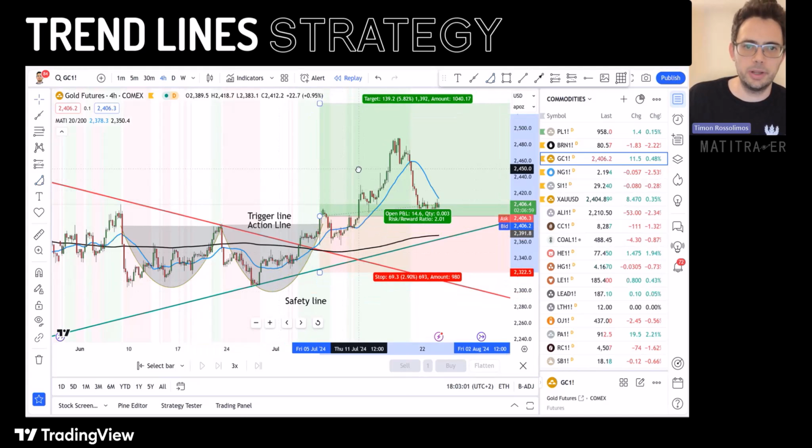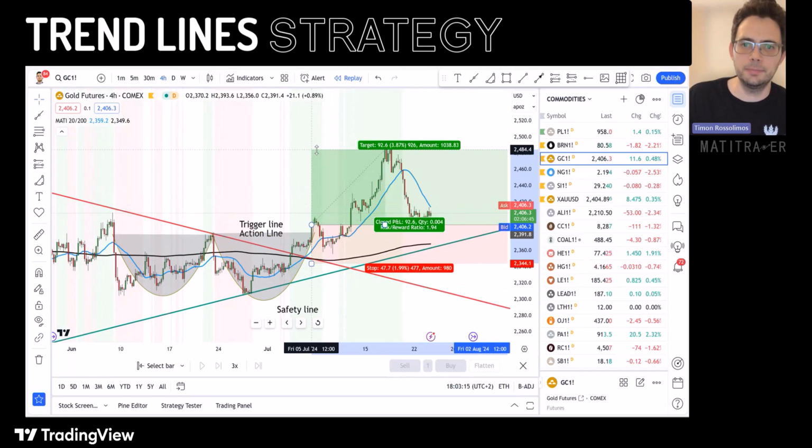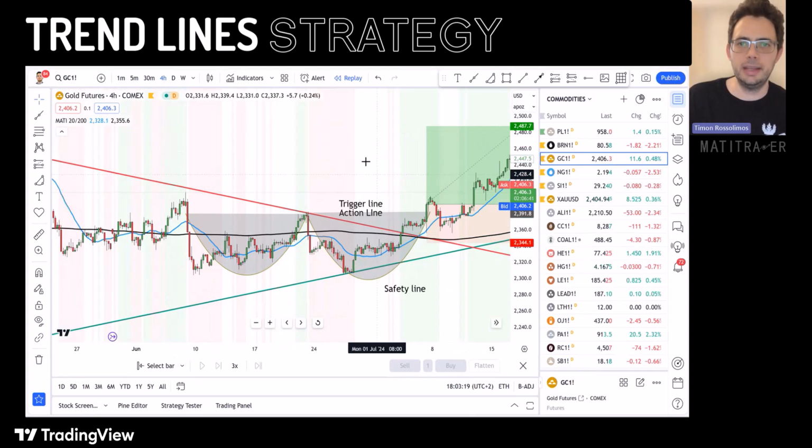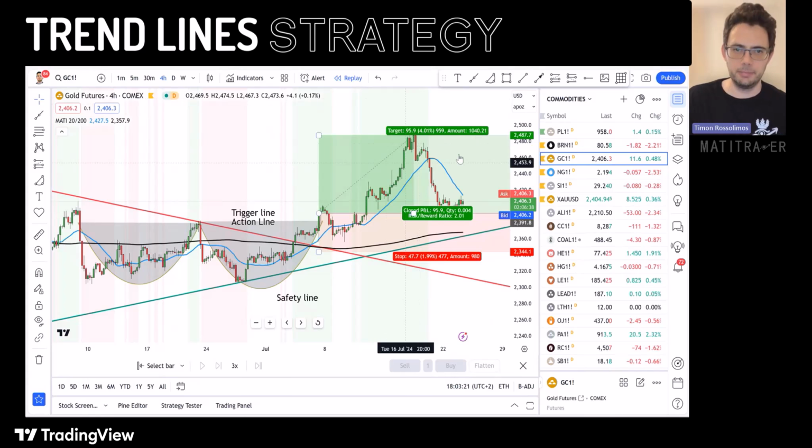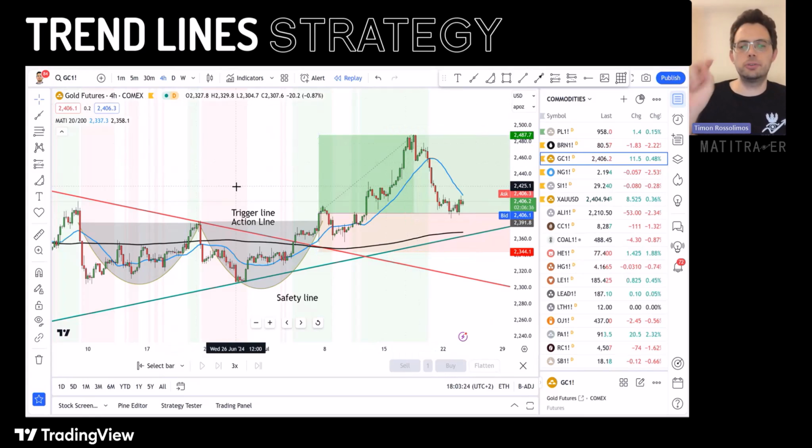And we did it according to the strategy, which is halfway between the W formations, and we dropped it down. You can see that it would have hit the take profit price,